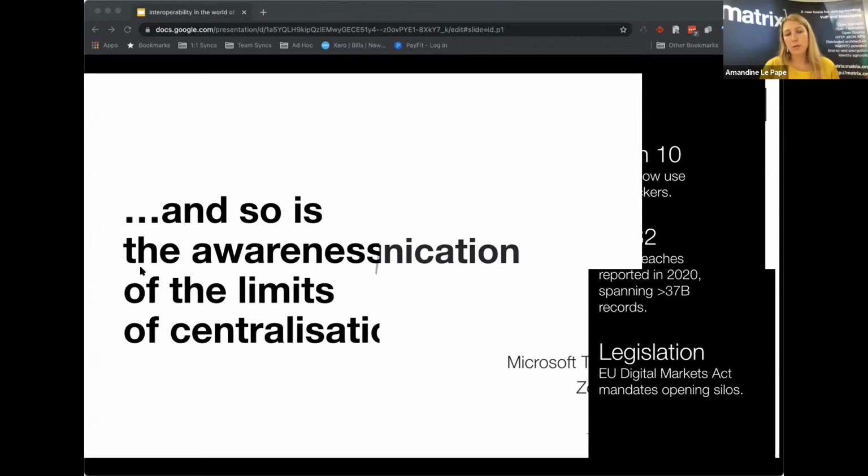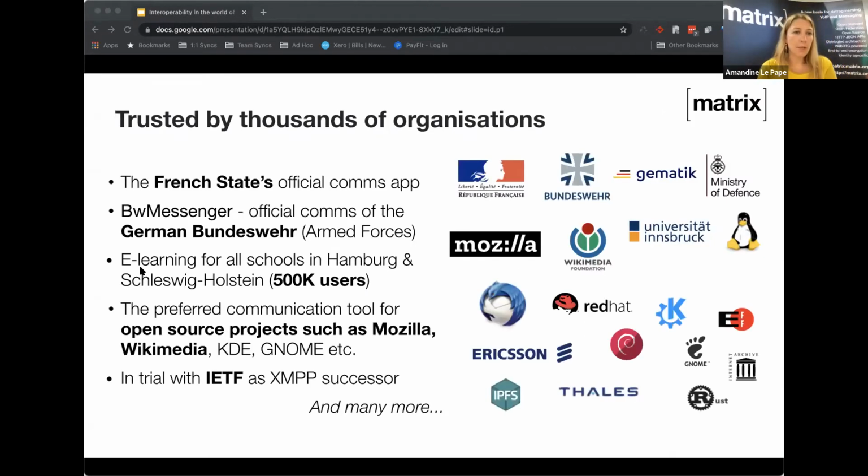So what Matrix is bringing is becoming very topical to today's world. In terms of who is using Matrix today, there are thousands of organizations at different levels. It's very topical for governments, and I have a few slides around that on why this is the case. So the French government has deployed it across the board. The German armed force, the Bundeswehr as well. The schools in Germany as well, deploying it for a half a million users deployment,